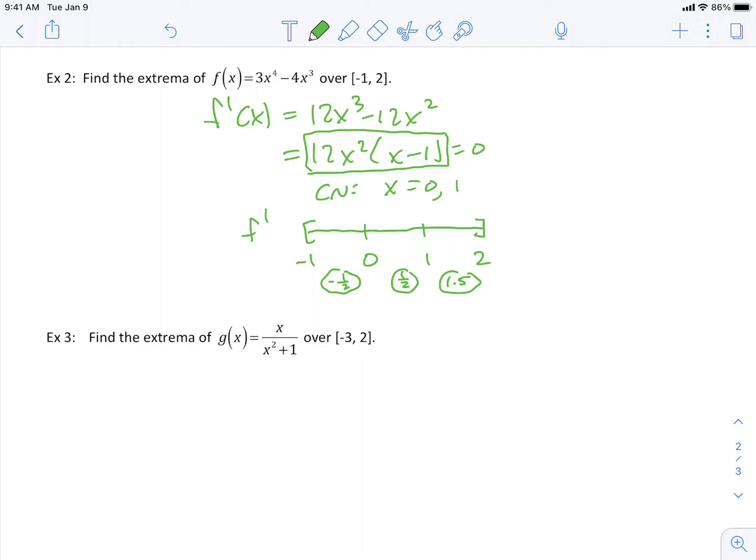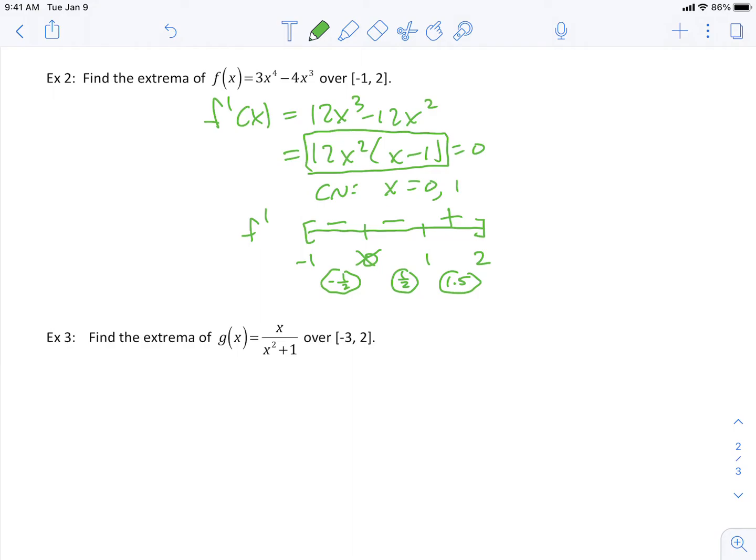Okay? If I plug in negative 1/2, when you square it, it's positive, but then over in the second factor, negative 1/2 minus 1 is negative. So that'll be negative. Plug in positive 1/2, it's going to be the same exact story. It'll be positive times negative. If you plug in 1.5 now they will both be positive, and so we get positive overall. Okay? And so right here, since we have decreasing to start, it continues decreasing until we get to 1, we can skip 0. Okay? So now when we test all our points,